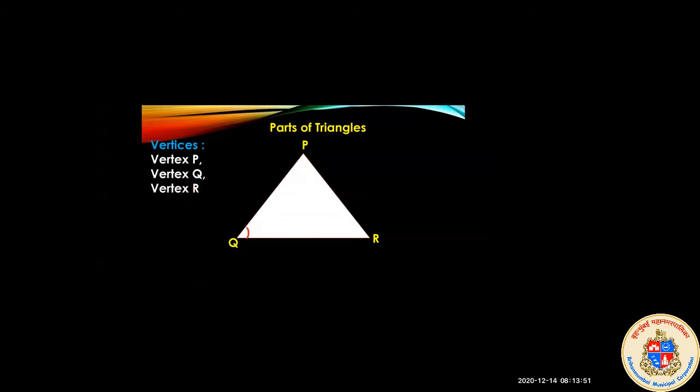Now what we have to see? We have to see the sides. Now there are 3 sides, 1, 2, and 3. So we will give the sides a name because the name is also given over here, P, Q, and R. Now give the sides name. Side PQ, then side QR, and the third is side PR. So there are 3 sides, side PQ, side QR, and side PR.